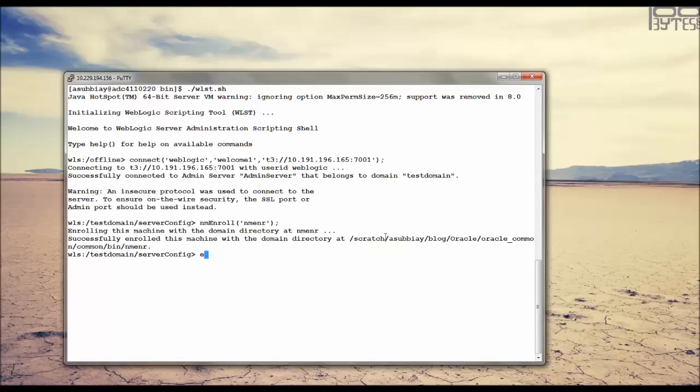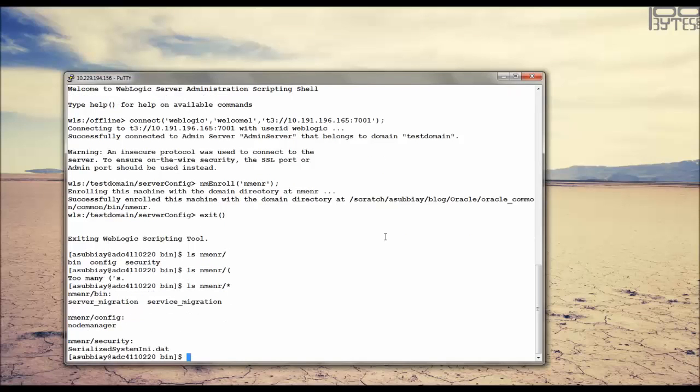Let's examine this directory actually. So ls nmEnr. You see the config and security. You can see that the node manager config and security, all these credential related things will come over here. Now let me start the admin server